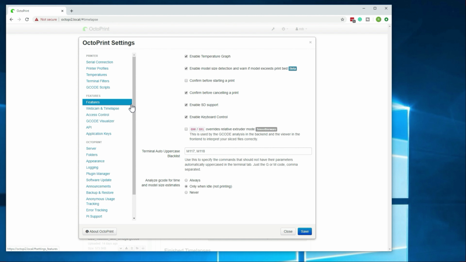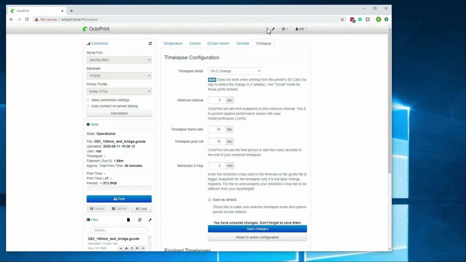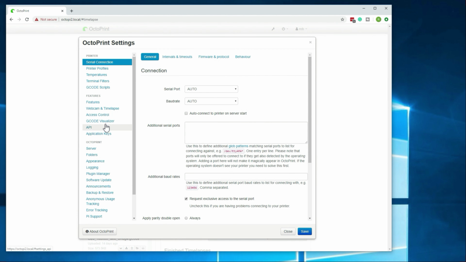Under feature, the one thing that I typically change, which I haven't this time because I just wiped all of my settings for a video I did last week, is confirm before starting a print. This will basically just send a pop-up saying, are you sure you want to start the print? And then you have to acknowledge it. So it prevents you from accidentally starting it before you're wanting to. So let me go ahead and save that again. I do like that setting. Alright, and then